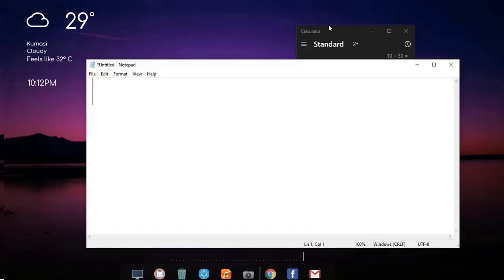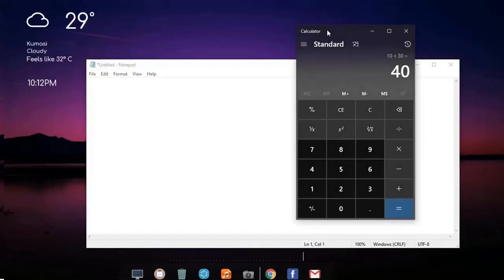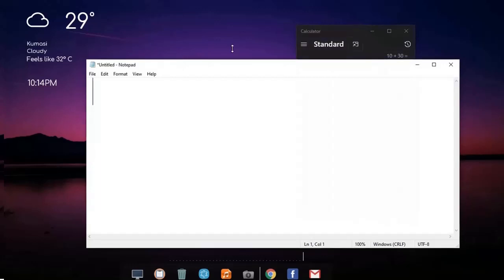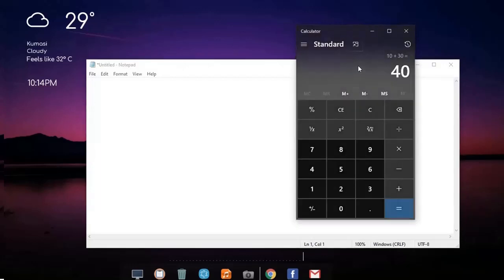So how do we do this? There are 2 ways in order to do this. You can decide to do that with the shortcuts. The shortcut to perform that is to press the Alt key plus the up arrow key. And then you can also use the Alt key plus down arrow key to bring it back to the default. So if I want to change the state from this normal state, and I want it to be at the top of calculator, what I can do now is I have to press Alt and then up